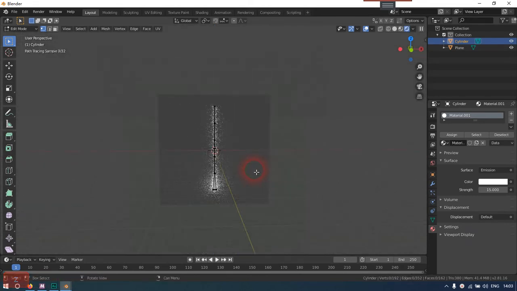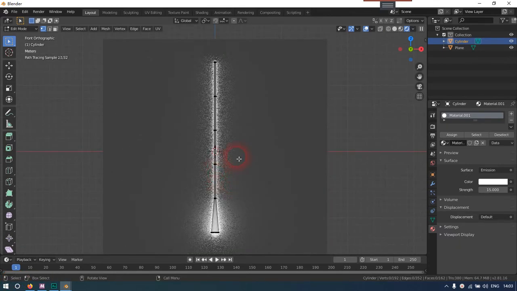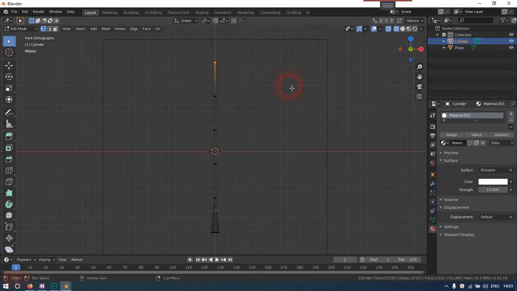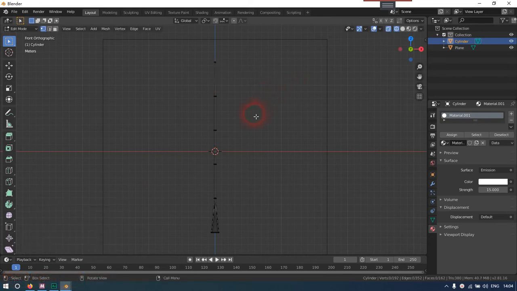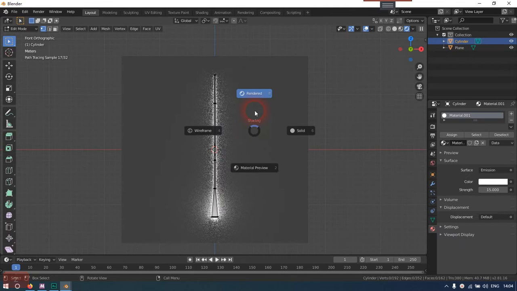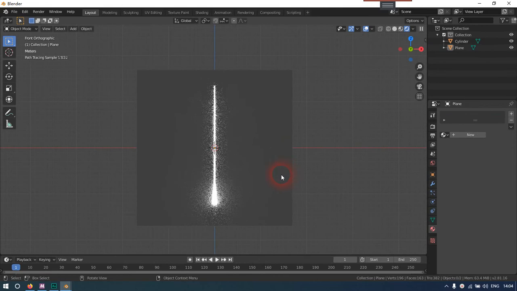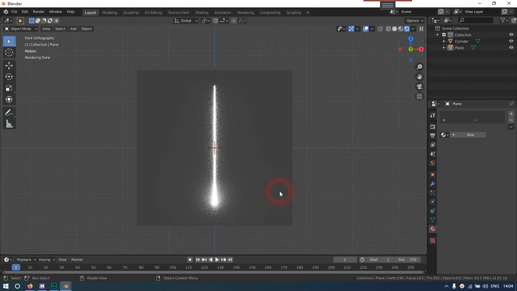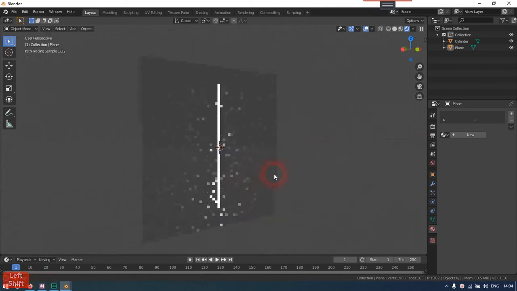We go to render mode to take a look at this. The top we scale again, 0.5. Okay, we go to object mode. So this is a bit similar to the Diablo effect. So we can render it, but before rendering,